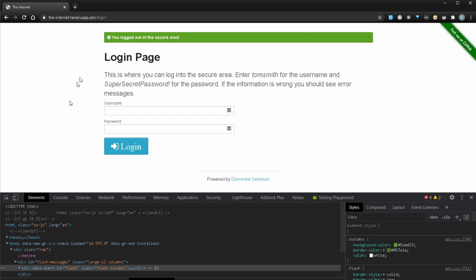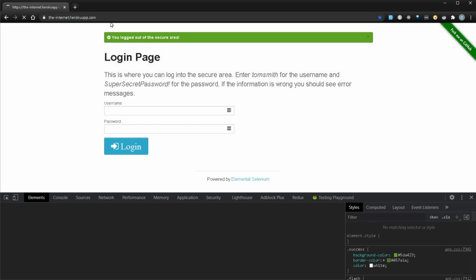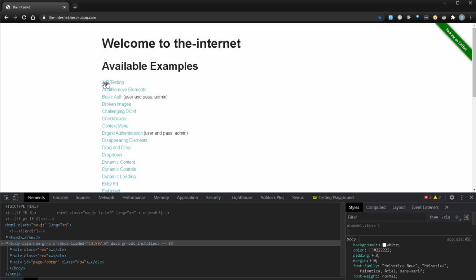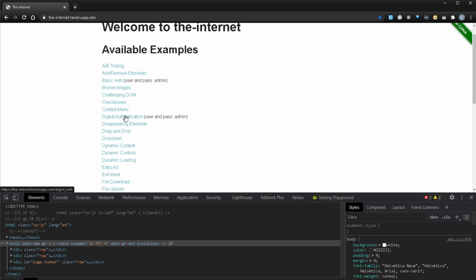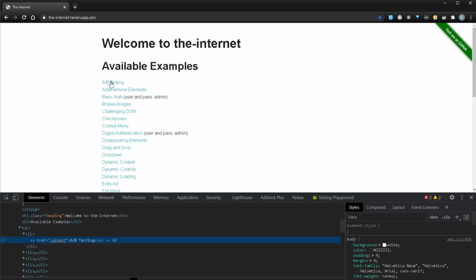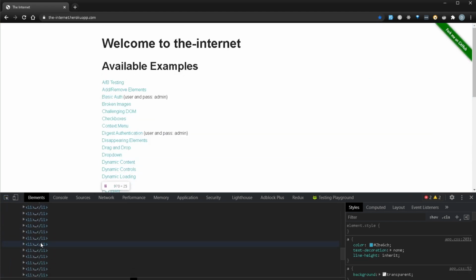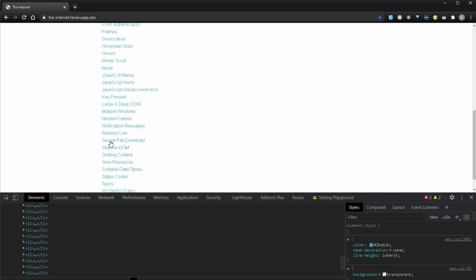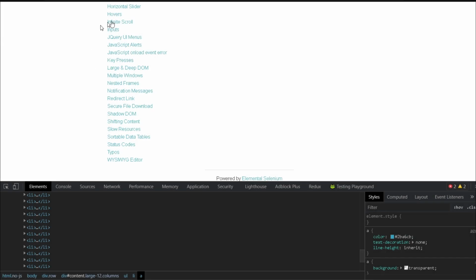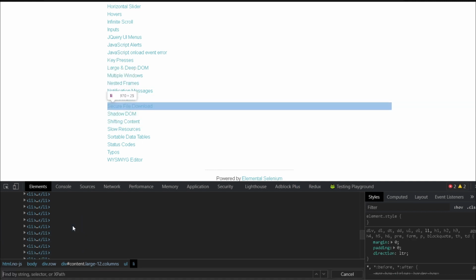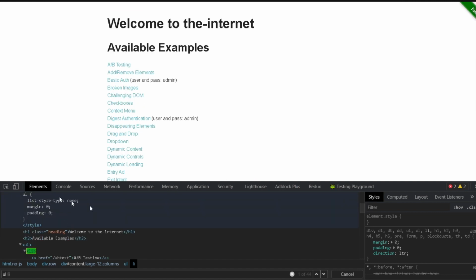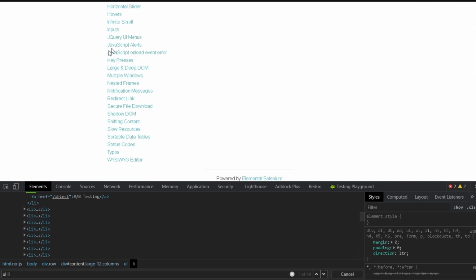If I go back to this, and here I'm going to go back to the home page. On the home page, let's say you want to make sure that you have all of these list items right here. And if I select this, you can see we have all of these list items, right? And these are all of the list items that are part of my page. Now here, let's say you want to write a test to ensure that this list item should be minimum of length 1, or it should have a total length of, let's say, whatever X length that is over here, and we can check the actual length. For example, if I type in ul li, you can see that the total length is 44 right here. The total 44 list items that are part of this page.